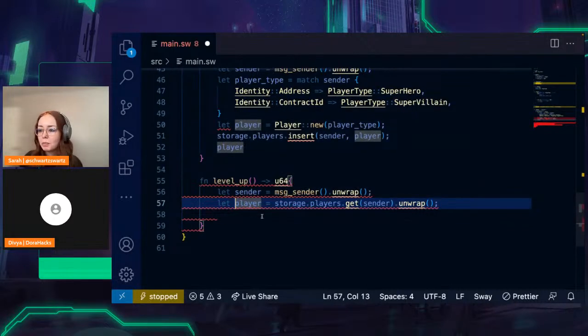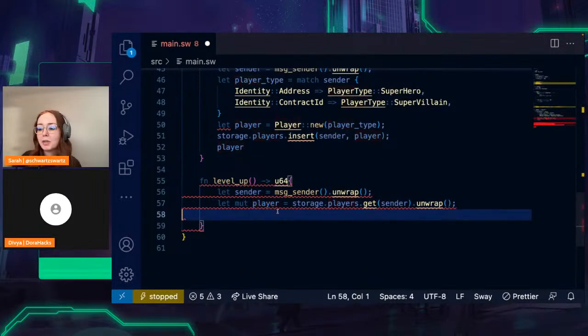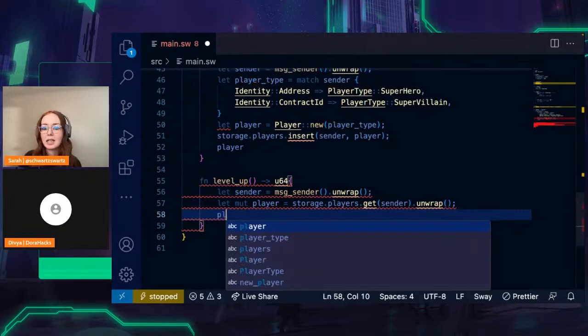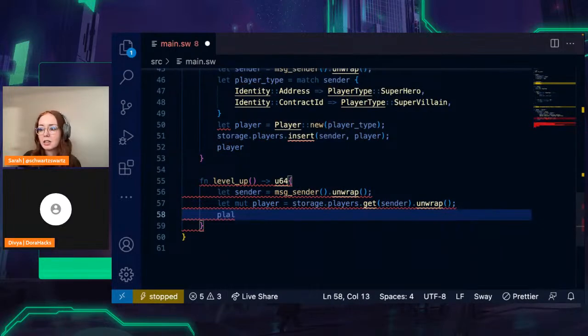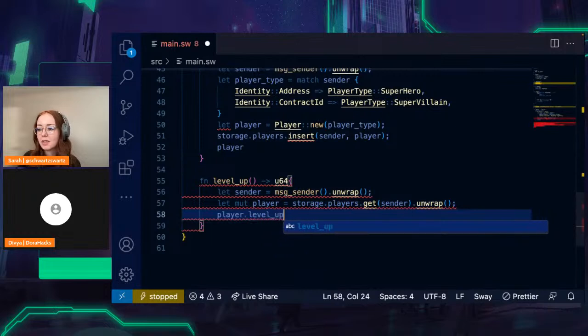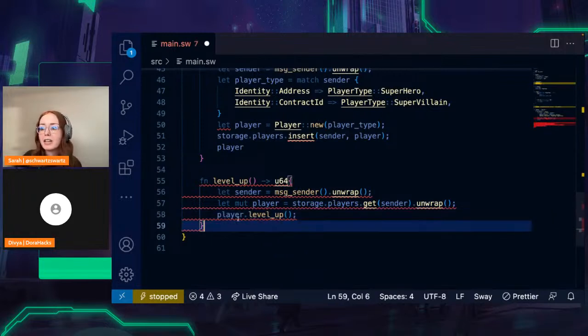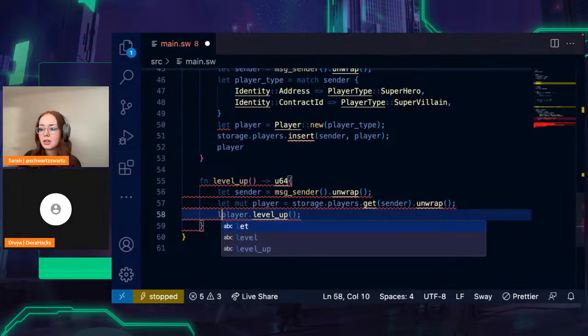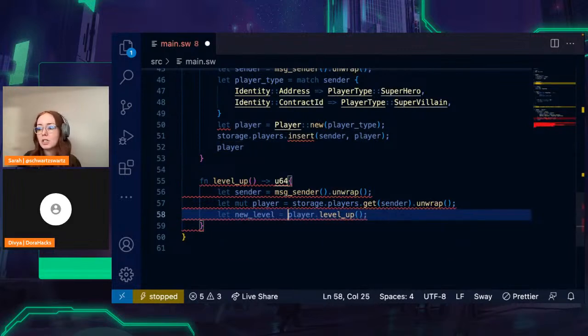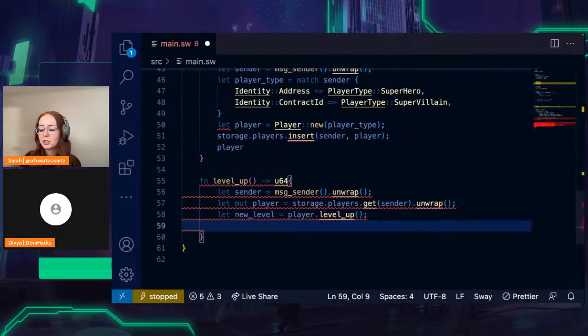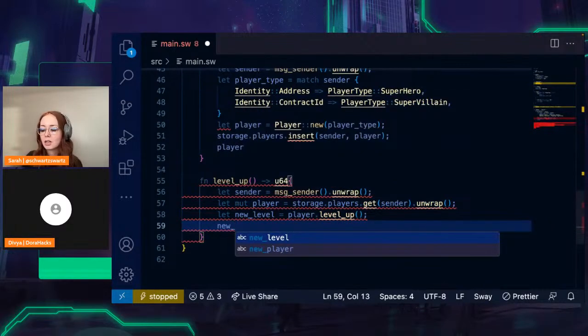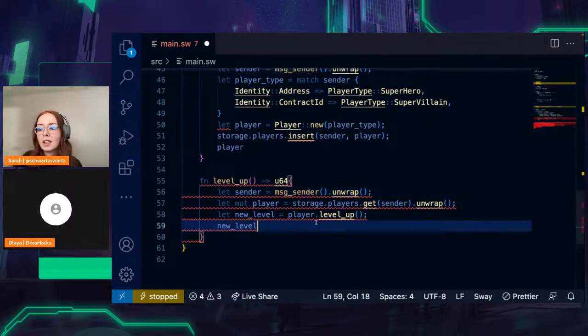And we have this level up function we can call on the player, but we need to add this mutable keyword here to actually mutate the player. So we can then say player.level_up to actually level up the player, and this should return the new level. So we can say let new_level equals player.level_up, and we'll return this u64 at the end here, the new level. And the last thing we need to do is